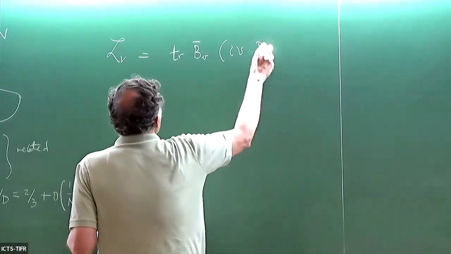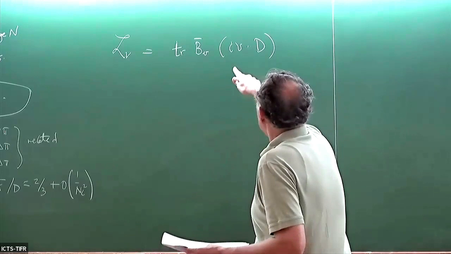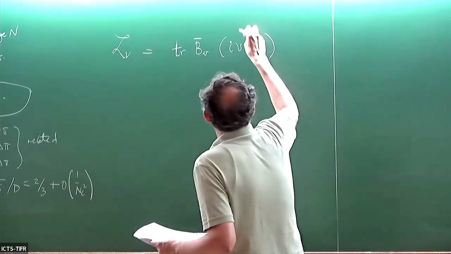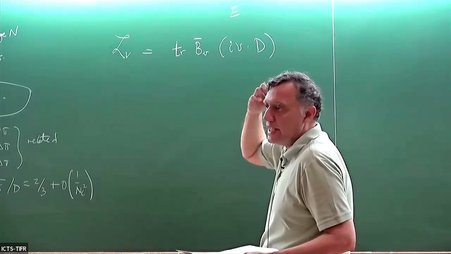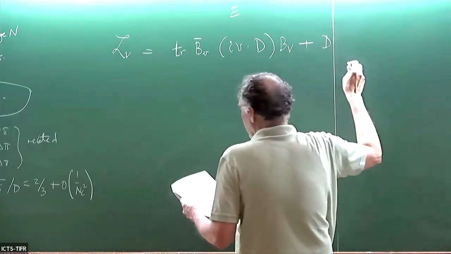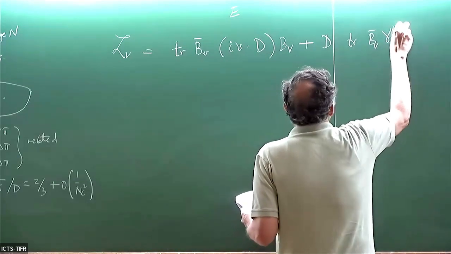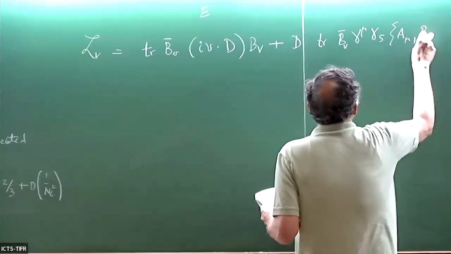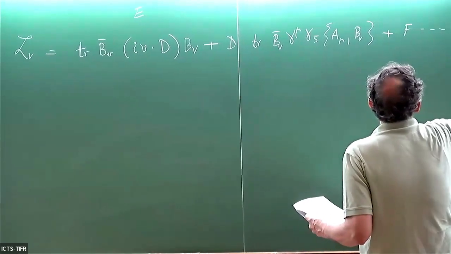So remember from Matthias's lectures that the kinetic term for a heavy quark, and in this case a heavy baryon, becomes linear in velocity with a single derivative, i v dot D. This is basically the energy. So when you do perturbation theory, the propagators give you one over the energy, the standard energy denominators of perturbation theory. So it's B sub v. And that D term there becomes the trace. It looks just the same, basically. Gamma v, gamma 5, A mu B sub v. That's the F term. Let me not write the whole thing down.